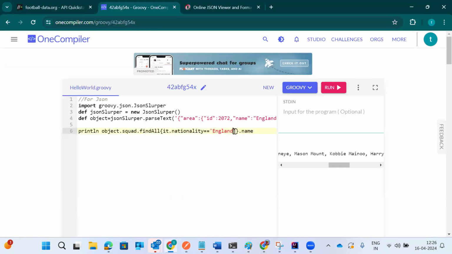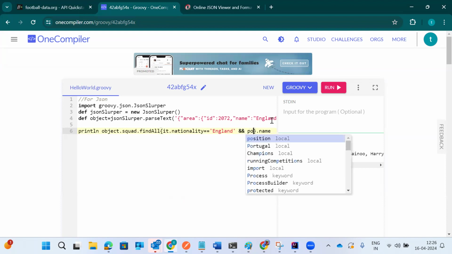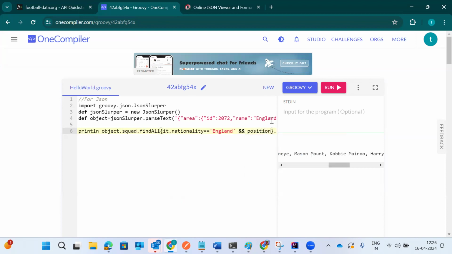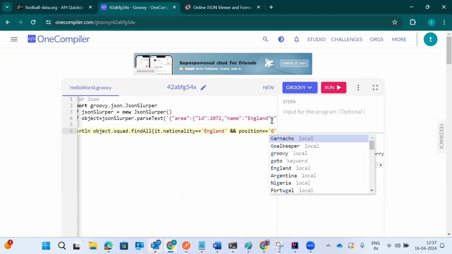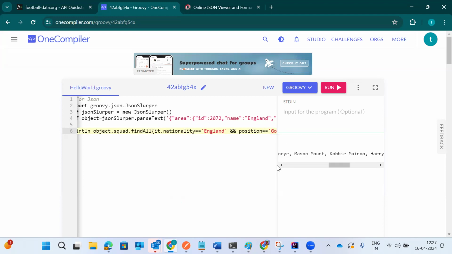I want to retrieve, and I can give an and condition, right? And position equal to goalkeeper, right? Now if I run this,